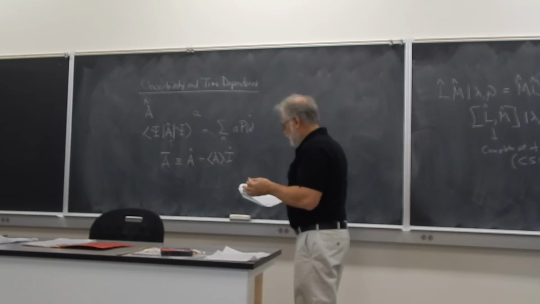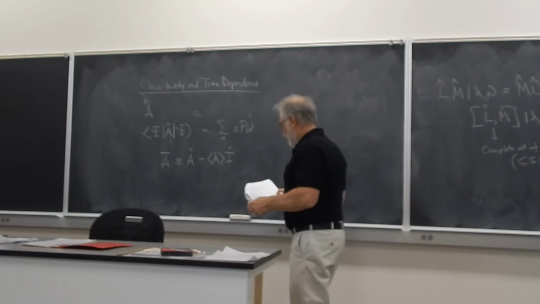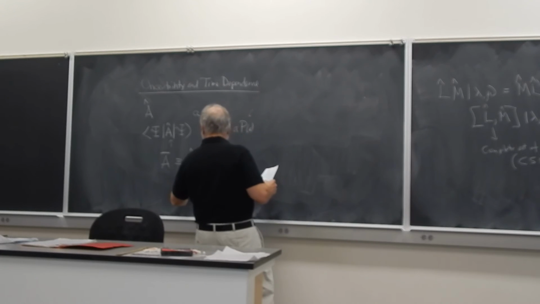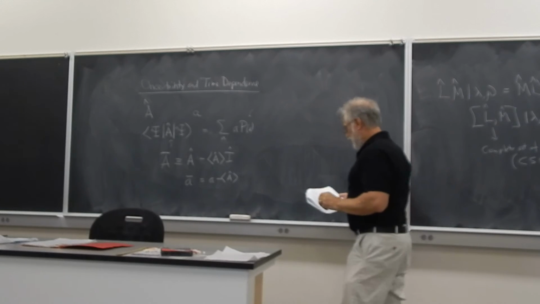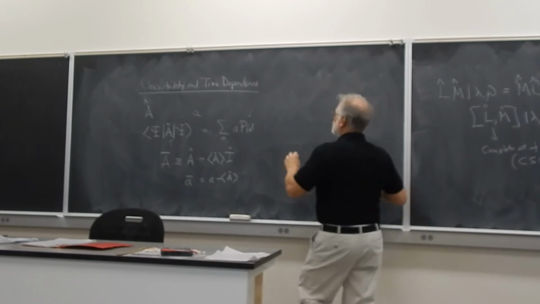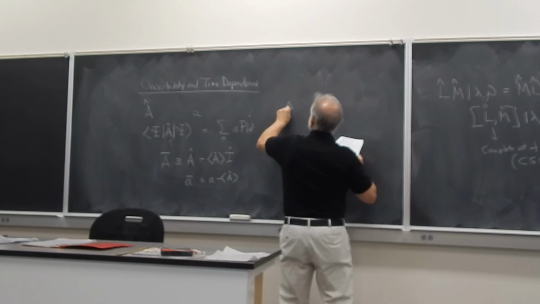The eigenvalues are going to be shifted so that their average is 0 as well. So I can write A bar eigenvalues as A minus the expectation value of operator A. My standard deviation is written as delta A operator